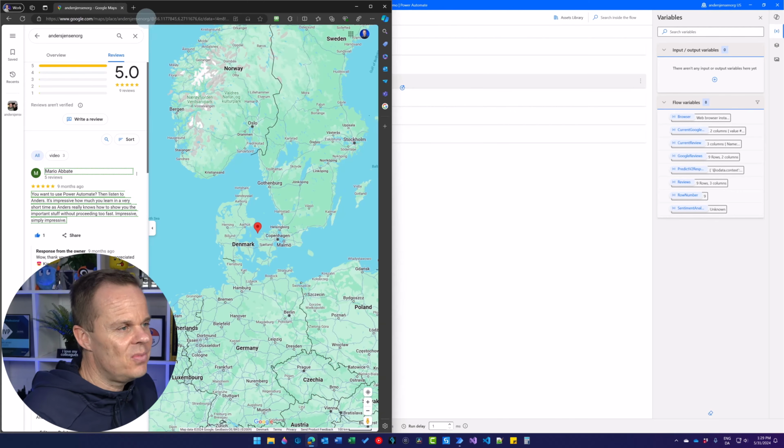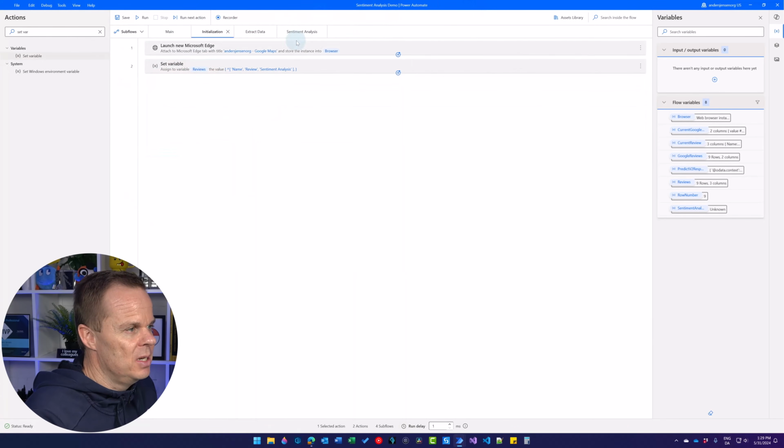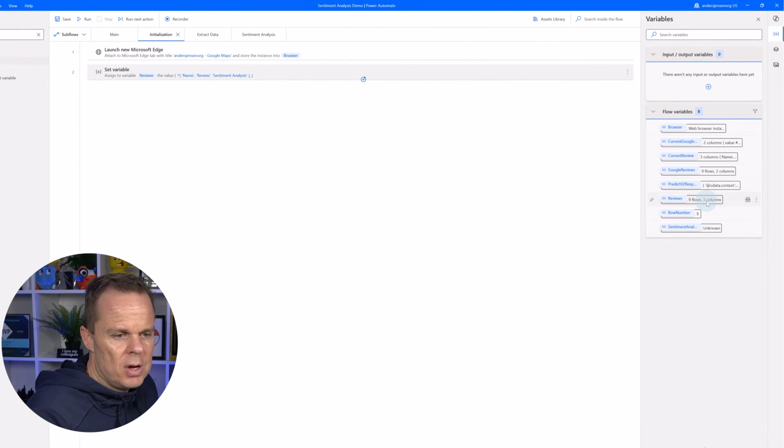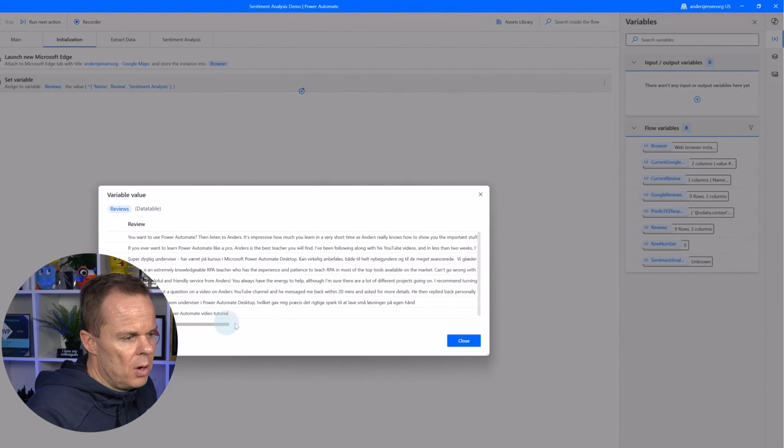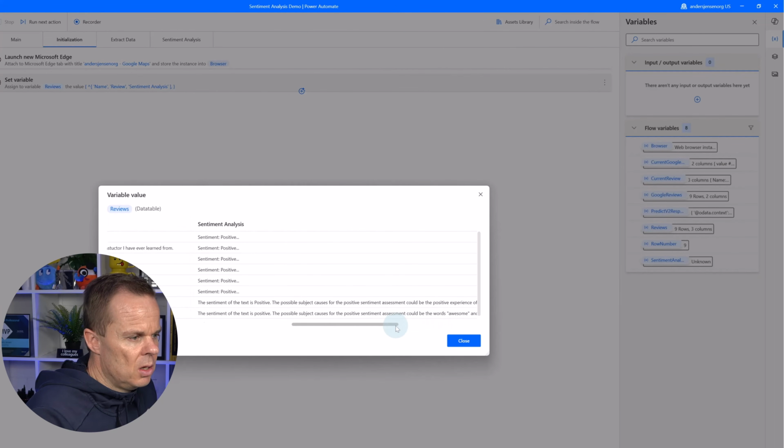Thank you. If I go back to Power Automate Desktop, now I'm in Initialization, no matter where I am. So go over to the right, double click the reviews. We have the extraction from before. And then if I go here, you can see here that we have the sentiment positive, and then we also have the possible subject causes for the positive assessment could be